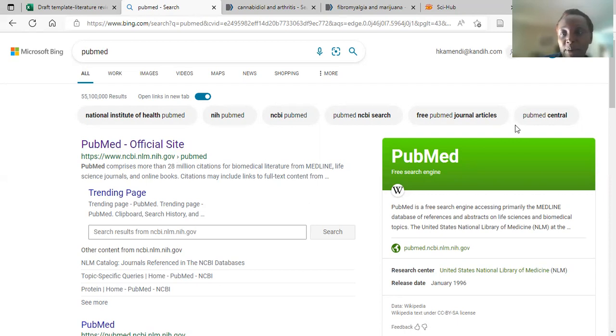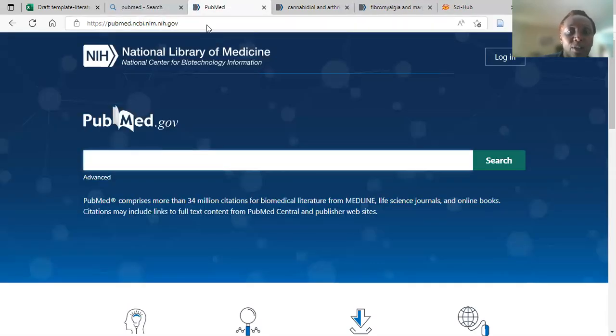You can read more about it in Wikipedia or under the PubMed link, and you can learn more about what goes on in there. When you click on that link, it will take you to this nice blue page: